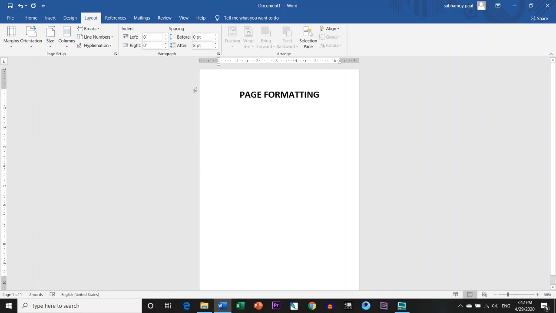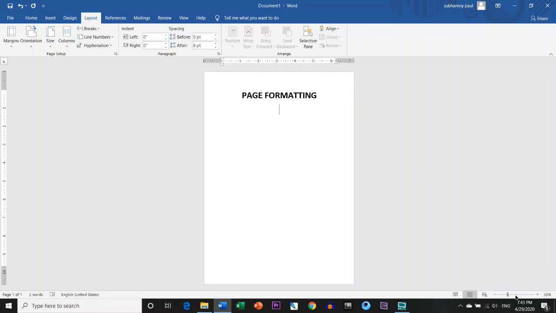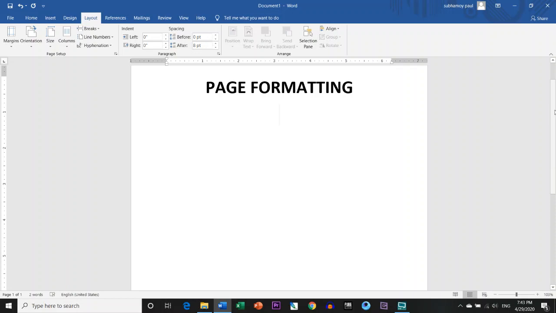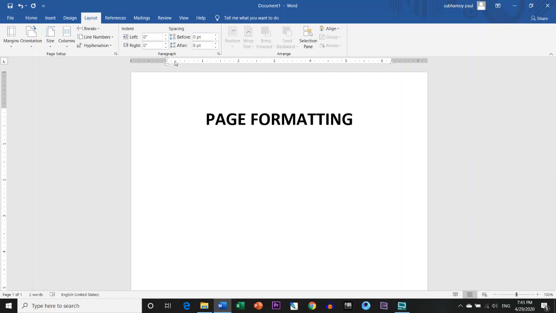Now the next part is our indent. Indent means this part. Now again I'm zooming it in to 100% so it will be clear to you all. This part is our ruler. This is our horizontal ruler, this is our vertical ruler. If we shift this indent here, that means our cursor will begin from here. If you press backspace, see, again it has changed.